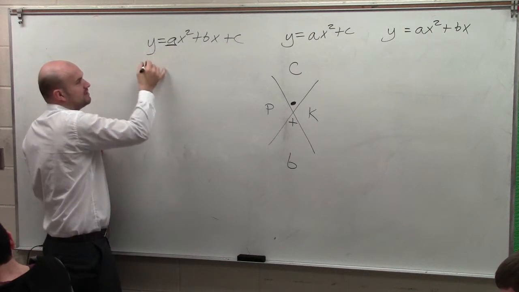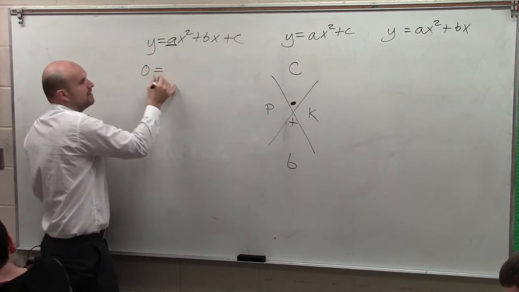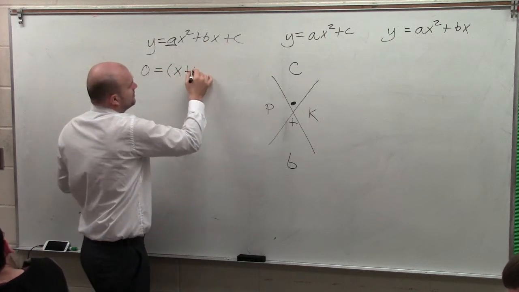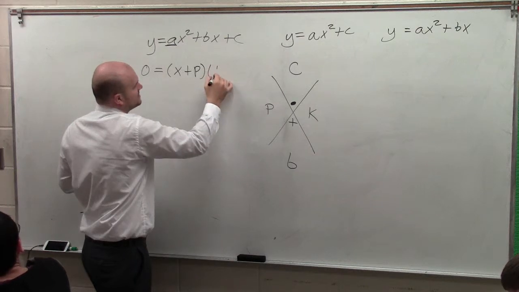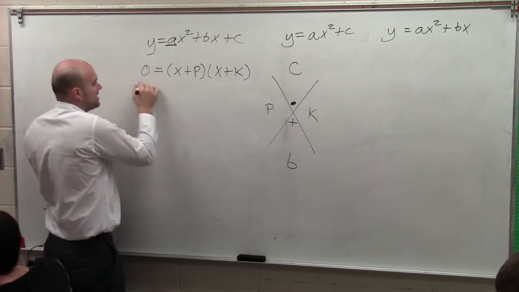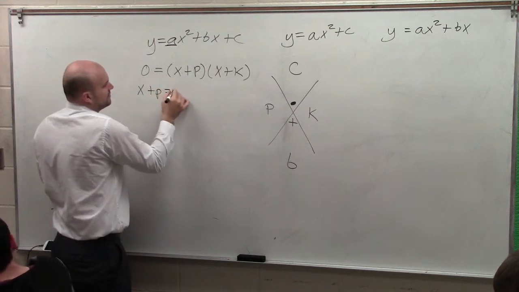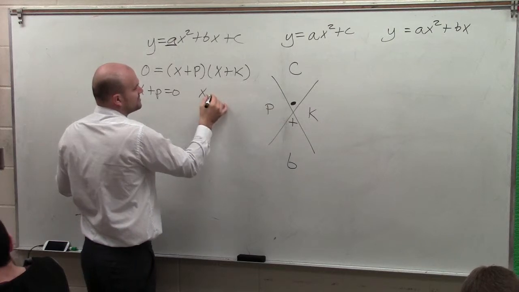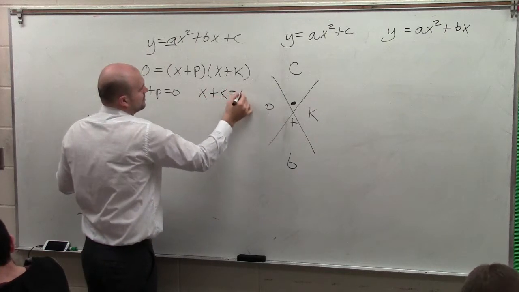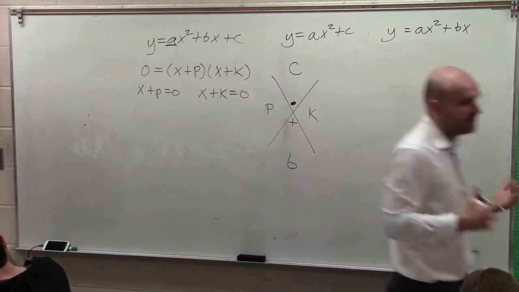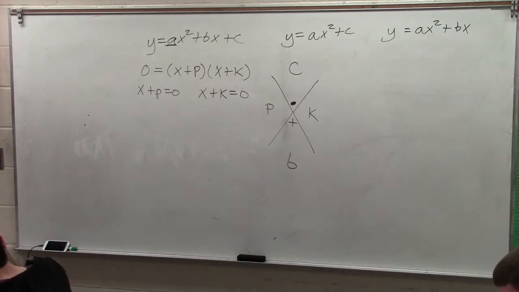So the first step is we always set that equal to 0. And then we'll have x plus p times x plus k. Now we have our factors, and we'll be able to solve for p and k, or solve for our zeros. All right? So this is just a very standard form of this. I'll obviously go through a problem for you so you can see how exactly that works. But basically, to solve for this, that's